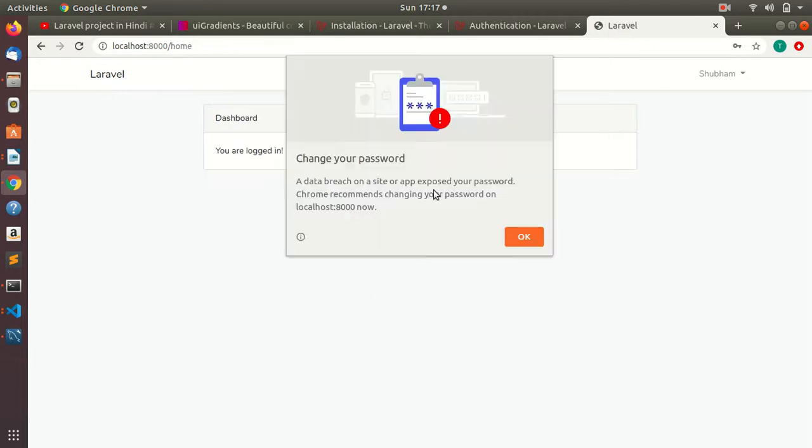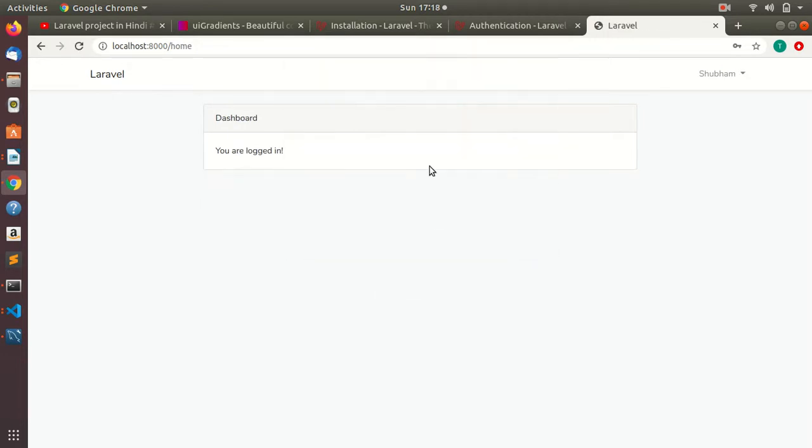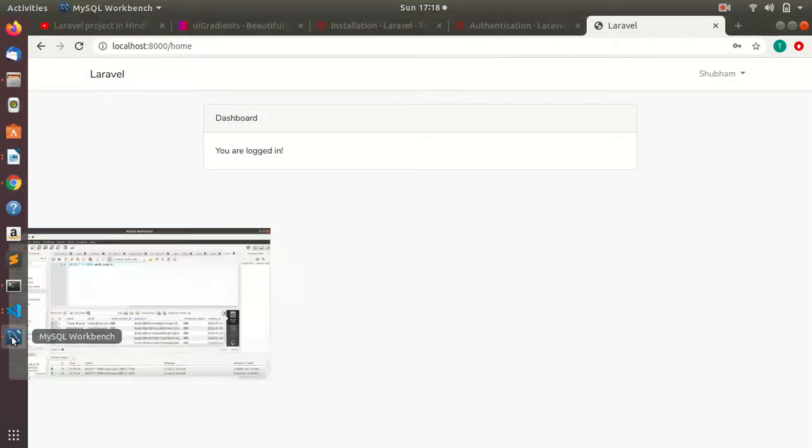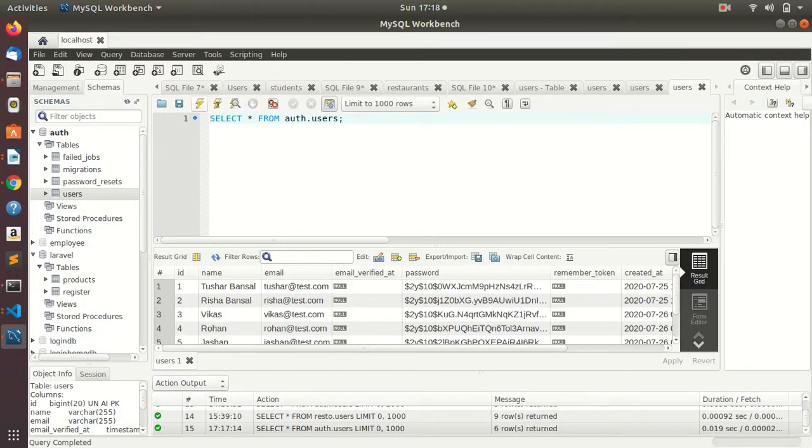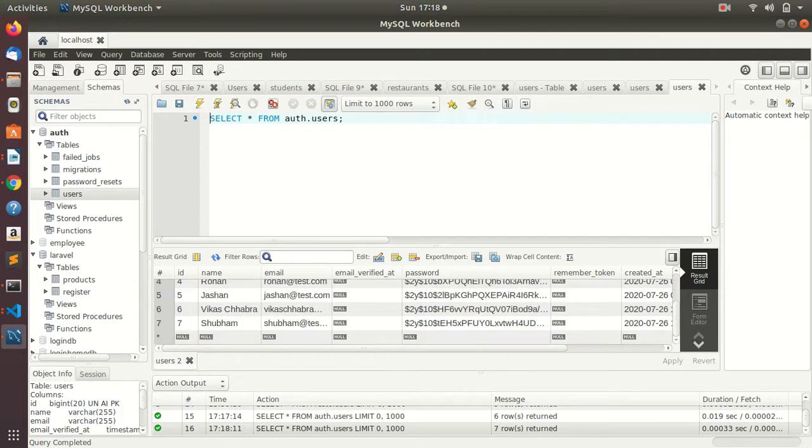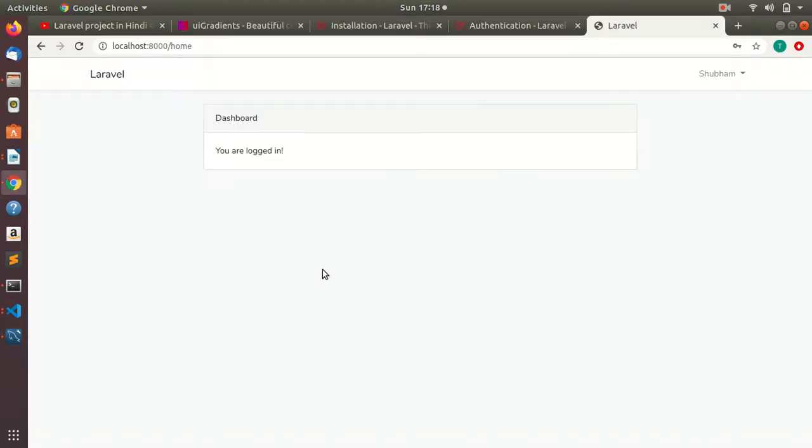So you can see that I have been registered successfully as user Shubham. Now let's check this in the database. You can see that an entry with the user name Shubham has been registered.